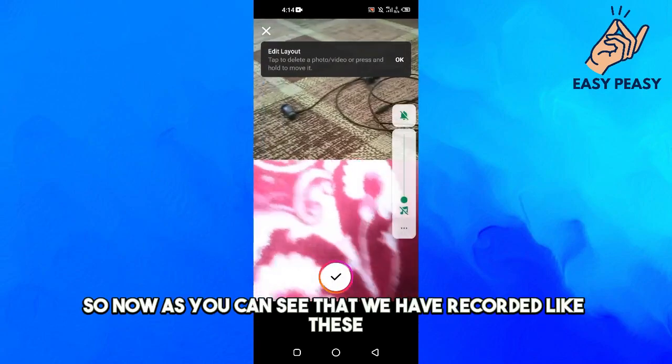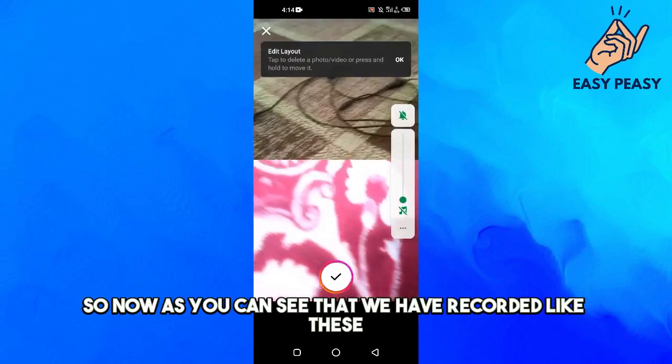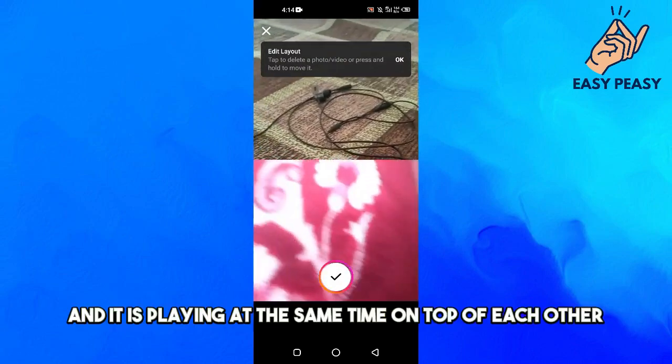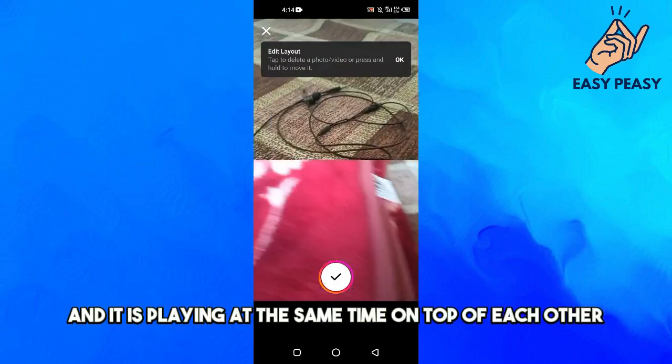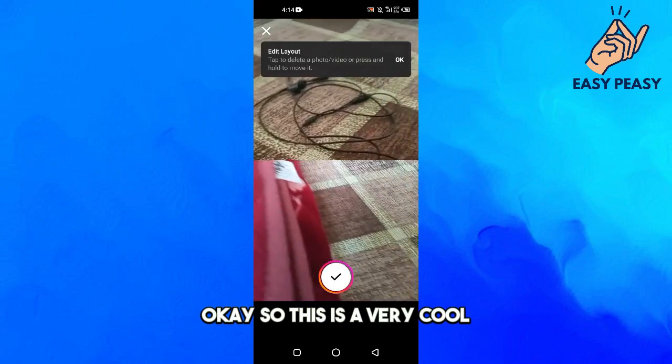So now as you can see, we have recorded both of these videos here, and it is playing at the same time on top of each other. Okay, so this is a very cool